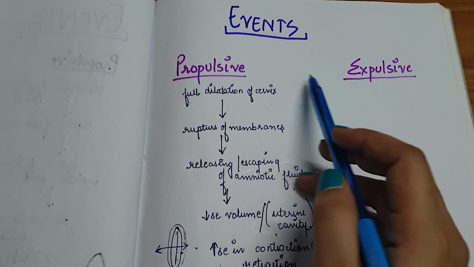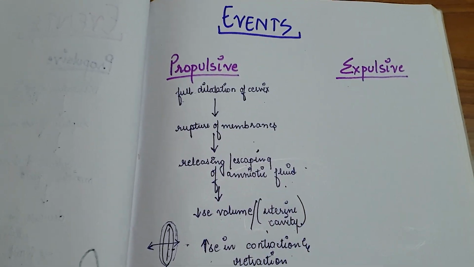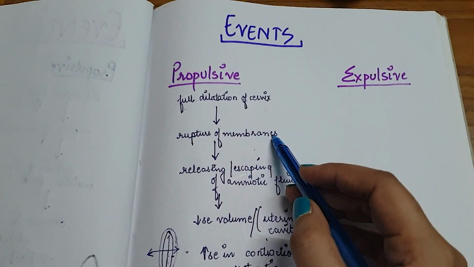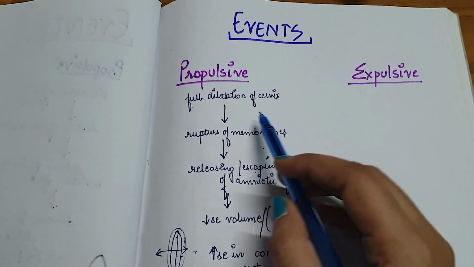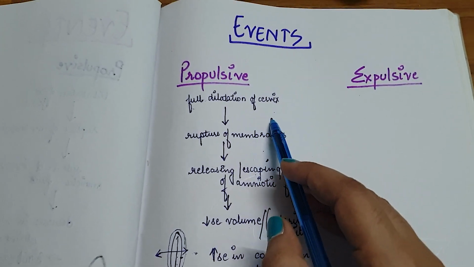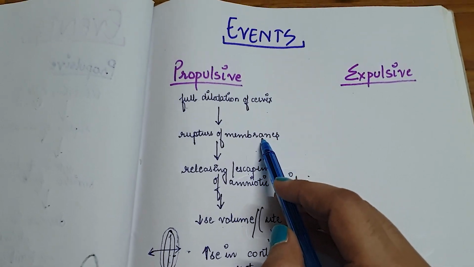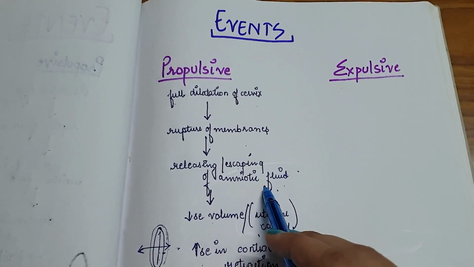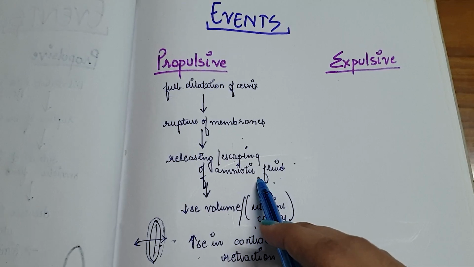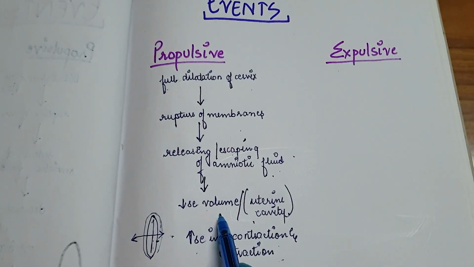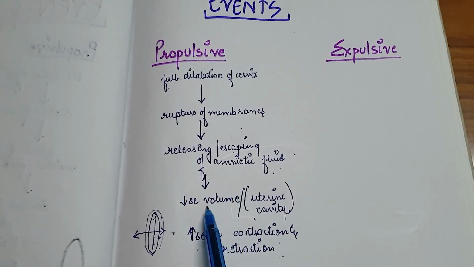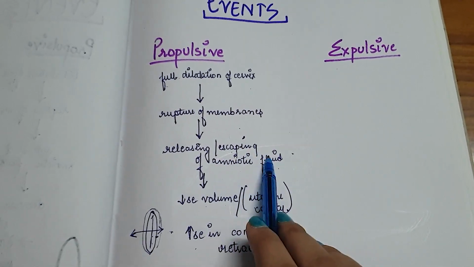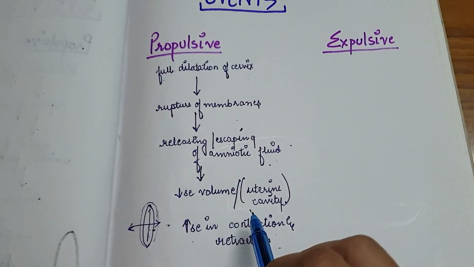It consists of 2 phases. The first one is propulsive and the next one is expulsive. Under the propulsive phase, when there is full dilatation of the cervix, the membranes rupture. That means when the cervix is dilated at 10 centimeters, the membranes rupture, and there is a release or escape of amniotic fluid from the ruptured membranes, which leads to a decrease in the volume of the uterine cavity. Decrease in volume means the space inside the uterine cavity decreases as the amniotic fluid is released,